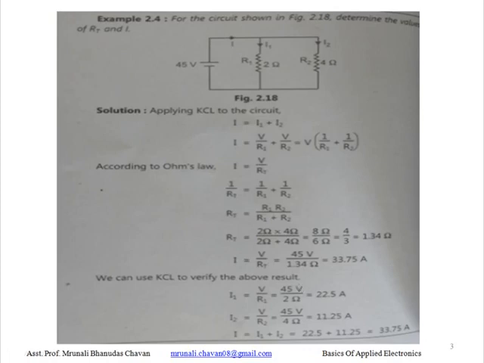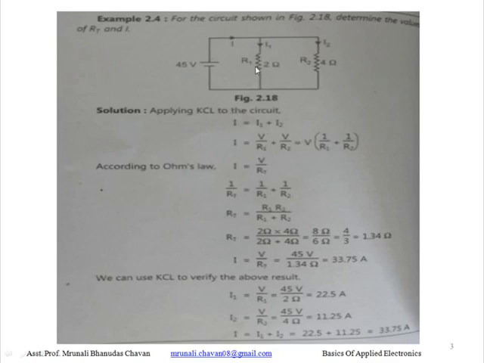किर्चॉफ्स करंट लॉ यूज करून आपण हा कसा व्हेरीफाय करू शकतो? तर I हा जो करंट आहे at this node, this I get divided into this I1 and I2, means according to KCL the algebraic sum of currents at any node must be equal to 0, or total current entering the node must be equal to total current leaving the node. मग त्यावरून आपण या ठिकाणी KCL कसा व्हेरीफाय करू शकतो? तर I आपल्याला नोन आहे. I किती आला? 33.75 एम्पियर.